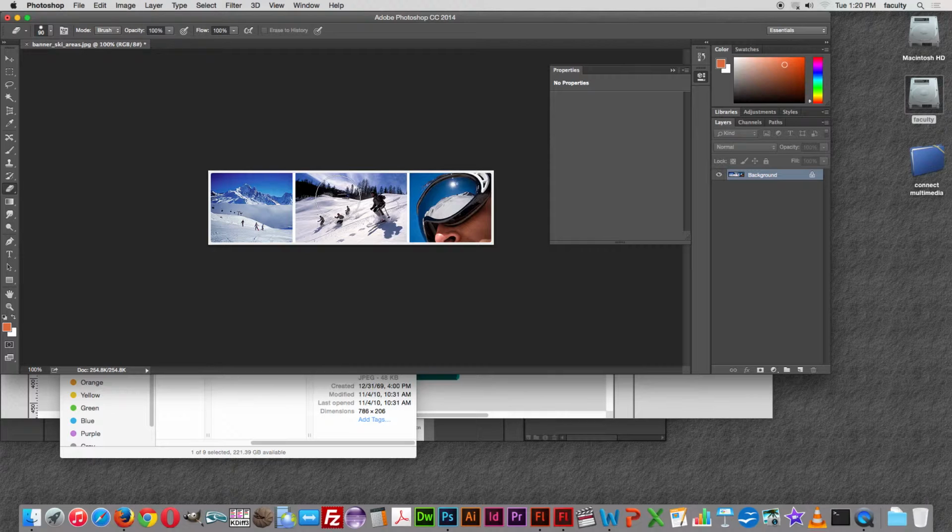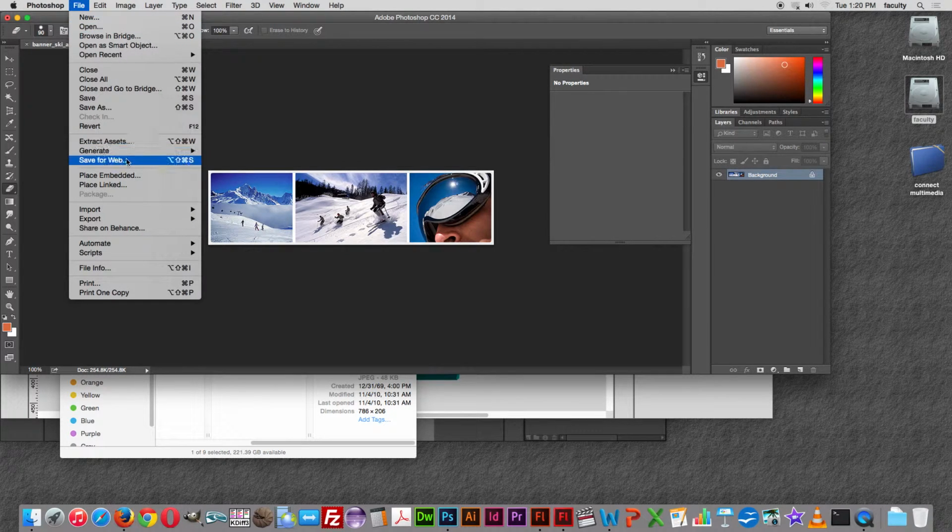Now I'm happy with that. And by the way, you should always make your files as small as possible, or make sure the size you're going to use is the size you want to use, for instance, in Flash or Dreamweaver or wherever it may be that you're going to use it. Okay, so now I'm going to do what I was talking about in terms of optimizing it. So I'm going to go to File, Save for the Web,